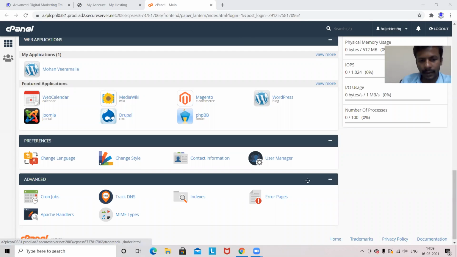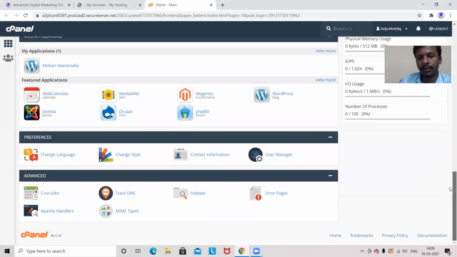And the advanced section is to track the things which are available inside your hosting. Anyways in digital marketing, there are third-party softwares where it will track lots of things, it will not track from here. And if you have any error pages, like any 404 error pages, it may be link broken pages, that we can analyze from this end here, the advanced section, error pages here.